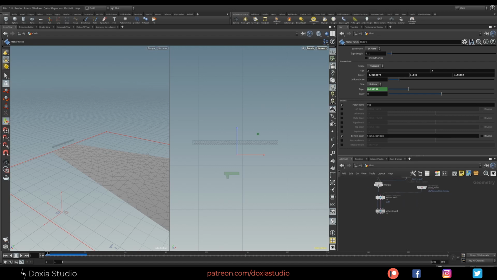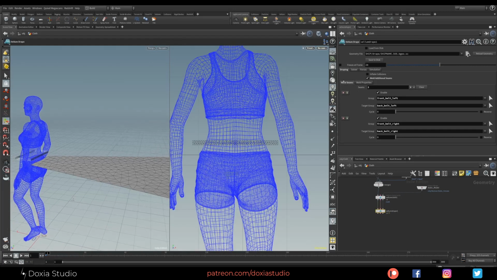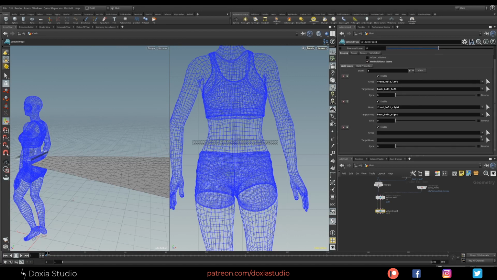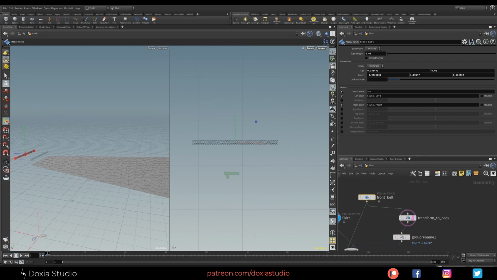Okay, go back to our drape, remember, and let's create a new seam. And on this one we want a new back. We need a new back belt. I was forgetting that. So let's go back to our planner patch, and we need the bottom seam.